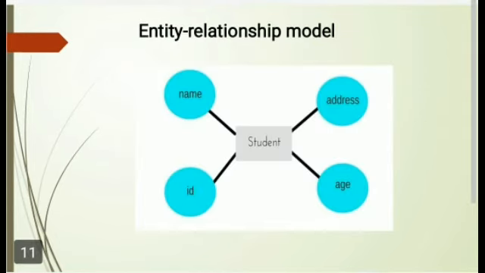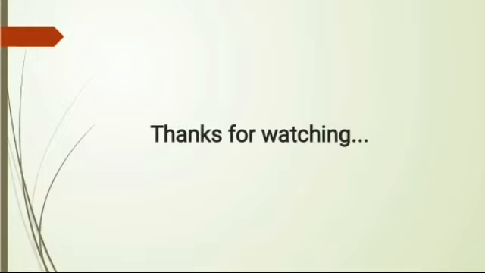Let's take an example. If we have to design a school database, then student will be an entity with attributes name, age, address, ID. As address is generally complex, it can be another entity with attributes street name, pin code, city, etc. And there will be a relationship between them. Relationships can also be of different types. It is an entity relationship model. I hope in this session you will understand what a database model is and its different types.